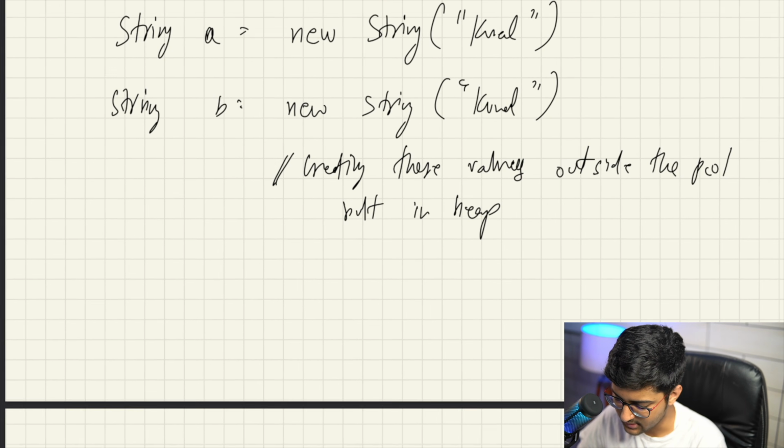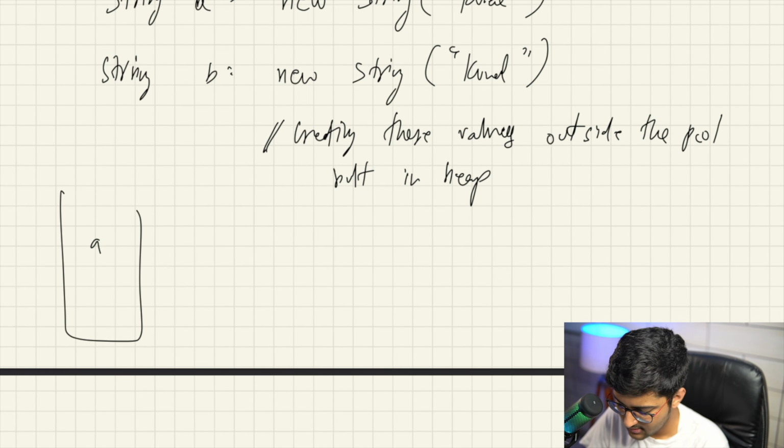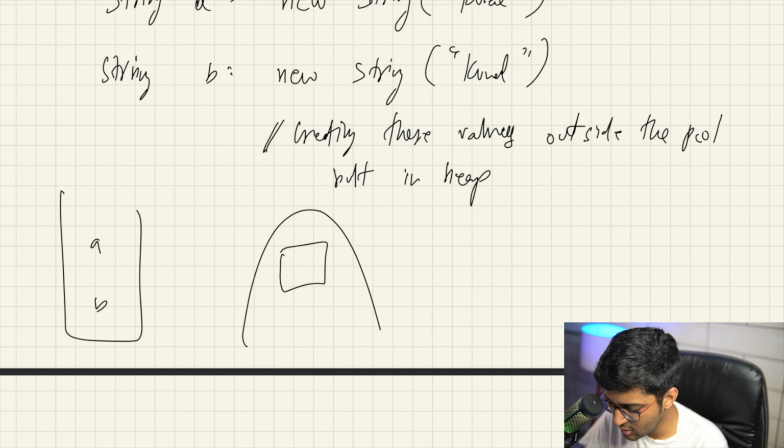So internally it's working something like this: A, B, heap, pool, but Kunal will now be over here